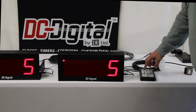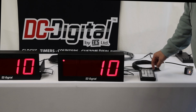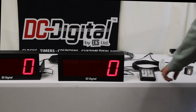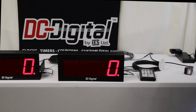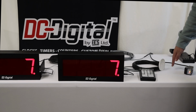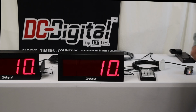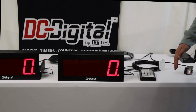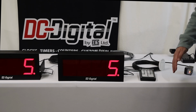Right now we have it set to 5. We'll go ahead and set it to 10 using the keypad and hit enter. Now we need to put it in run mode, and then as we pass the hammer through several thousand operations, once we reach 10 cycles, you heard the relay go off, or maybe you didn't, and it won't go any further. We can then clear that and repeat the process,